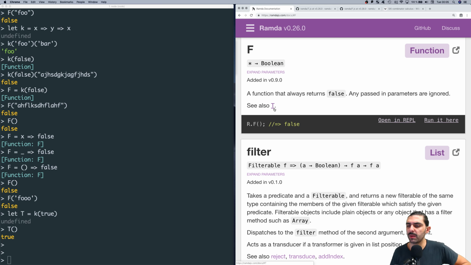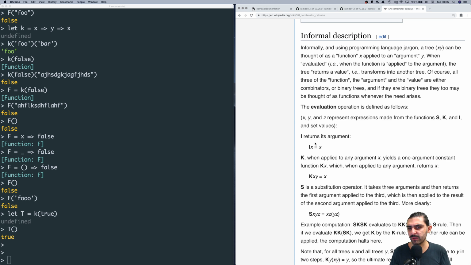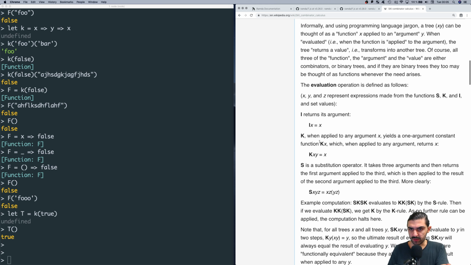Aha, interesting. Okay, maybe I've sort of alluded to identity, and you've probably come across identity as well. At least in my introduction to Ramda video, I think I talked about identity, right? So the identity function, I guess that's also part of SKI calculus, right? I, in SKI calculus, which is sort of a theoretical exercise in regards to functions. I don't know a whole lot about that, but those are some pretty interesting functions, right? So I is the identity function, K is the constant function, and S is a substitution operator. That's a bit more complex, and we've talked about it in other videos, but it doesn't matter for this particular